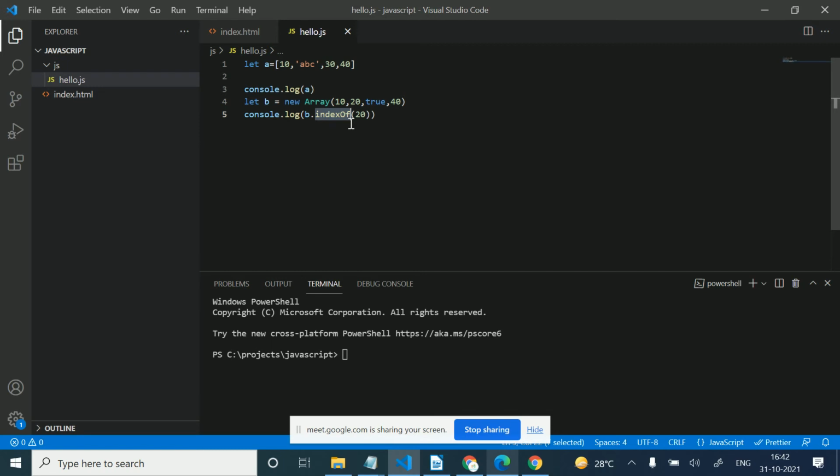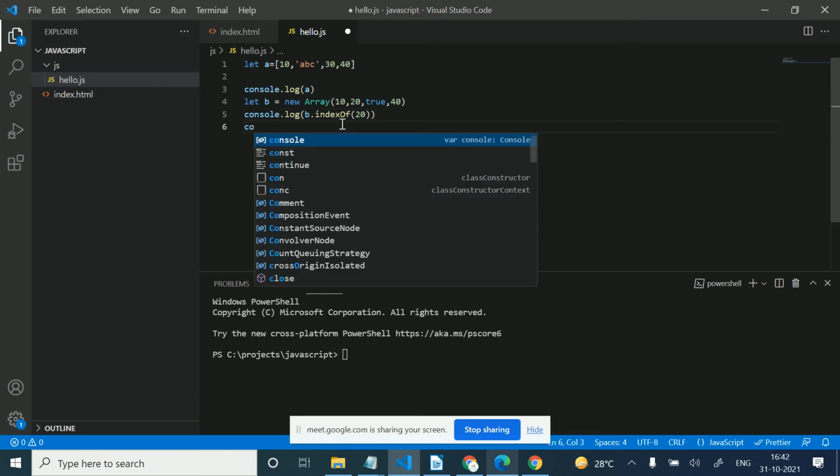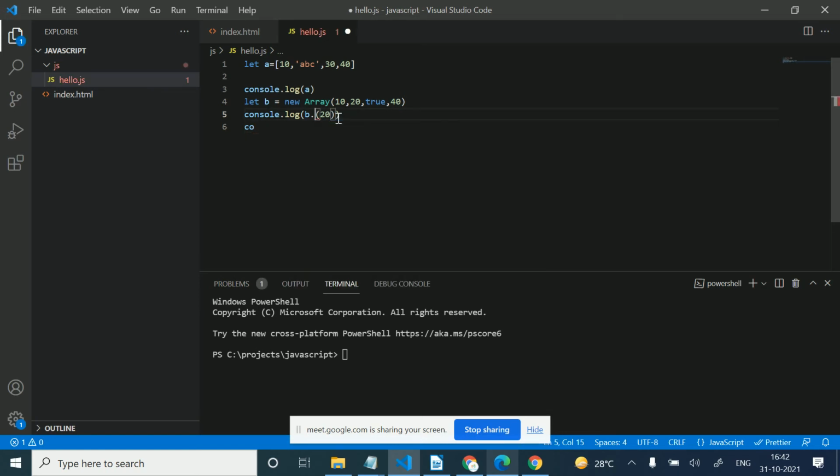Okay. So if we want to check whether some value is an array or not, then there is one more function here, Array.isArray.